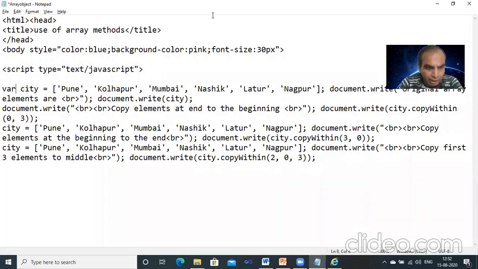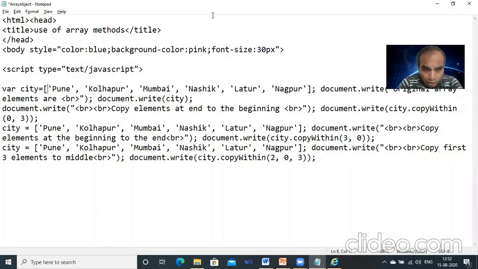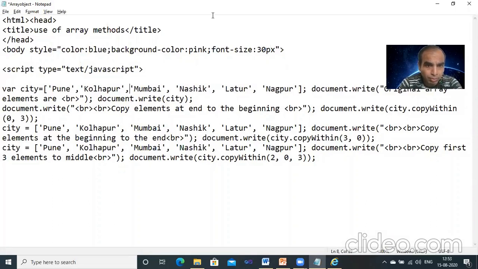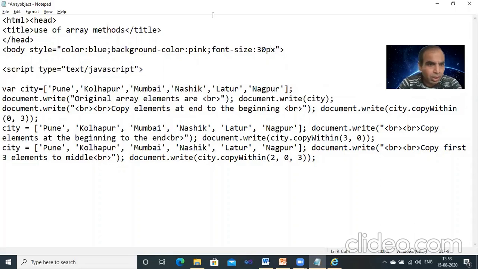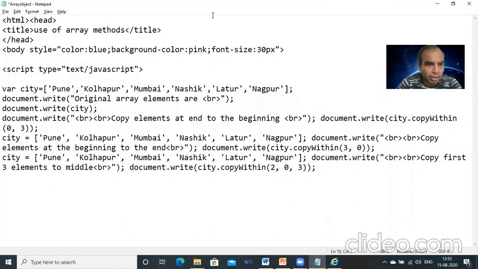They declare the variable city, with the city names Pune, Kolhapur, Mumbai, Nasik, Latur, all in one variable name. After that, they display the original array elements using document.write(city). So it displays Pune, Kolhapur, Mumbai, Nasik, Latur with one document.write.